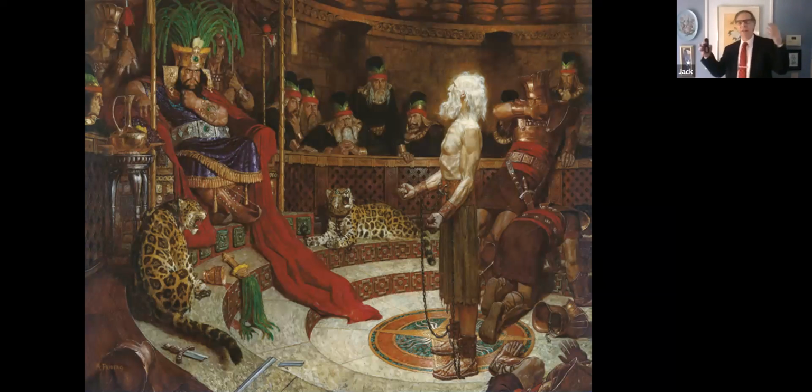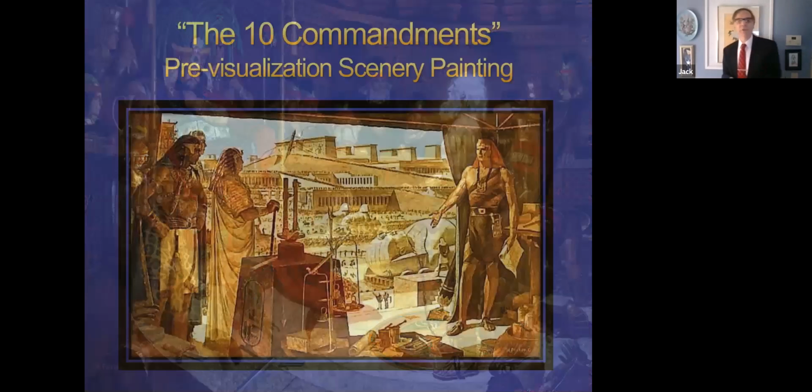And he was just enthralled with the way this was pictured. And he didn't really have anything for the movie yet, right? He just had a concept he wanted to do the movie. So the first thing he did is he went back to Friberg. I got to know who the artist is who did this. And he says, I want you to do me a series of paintings around the story of the Ten Commandments. Remember the old silent film? Do me a whole series of paintings because I want to get a feel for this. So Friberg generated a whole series of paintings for Cecil B. DeMille. And this is one of them.